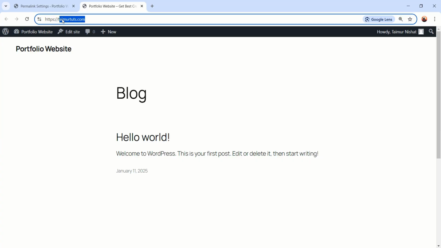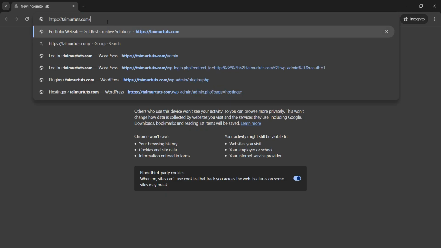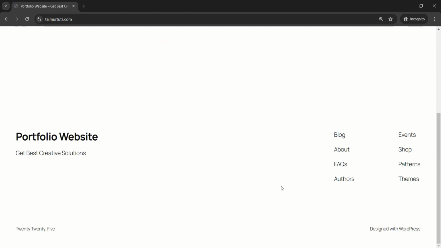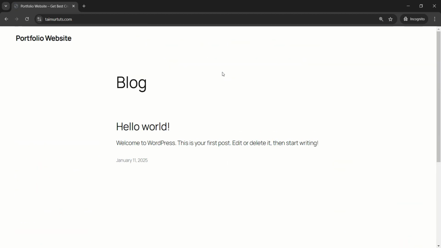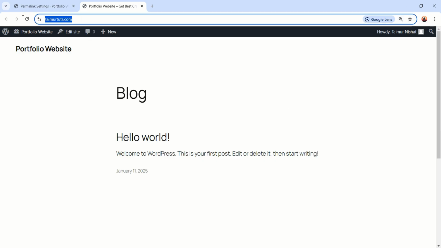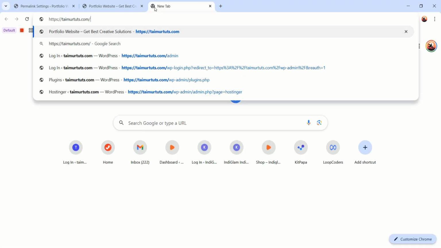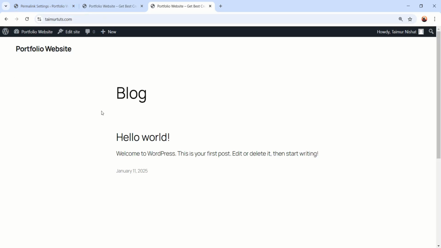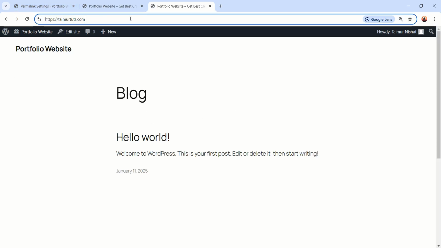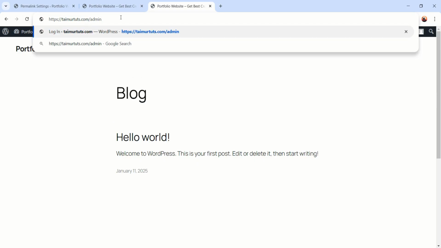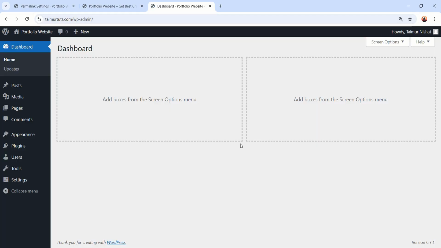If anyone gets your domain name, and if they put this domain name in their browser, they'll just land on this page, your front end page. And by the way, if you take your domain name and put it in your address bar, you'll also land on the front end website. But after the domain name, if you just type /admin, it will always take you to the WordPress dashboard, where you can manage everything